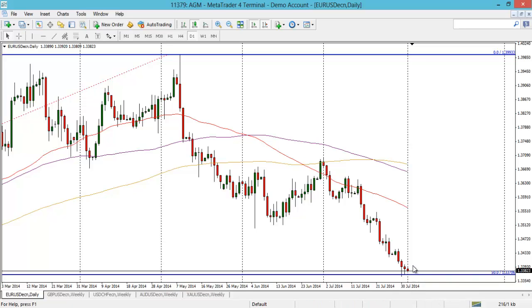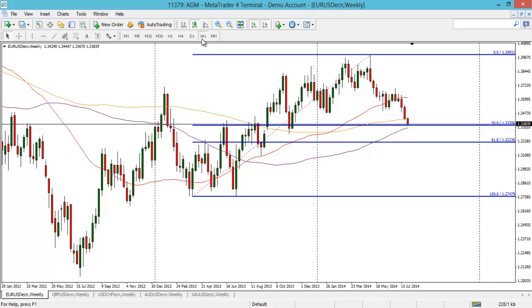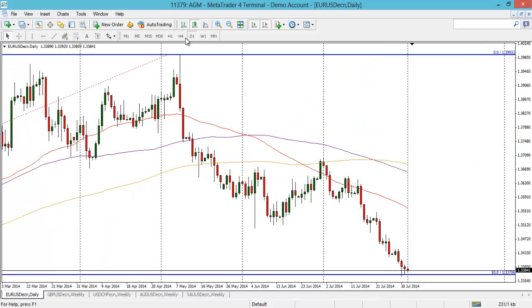Obviously if it's a weak number, then it will probably reverse. You could get some sort of decent reversal candle. But it really is about NFP today. It's pretty self-explanatory. NFP really can change things, so keep an eye on that. So that's the daily chart.